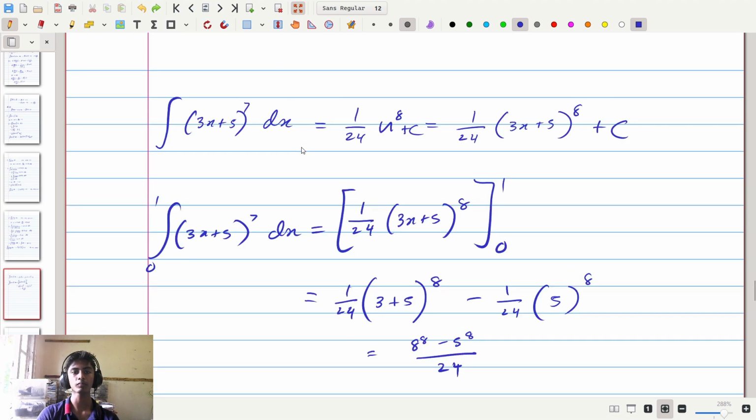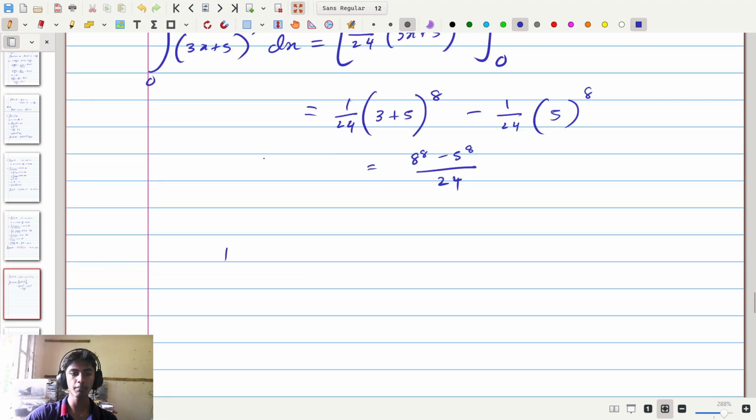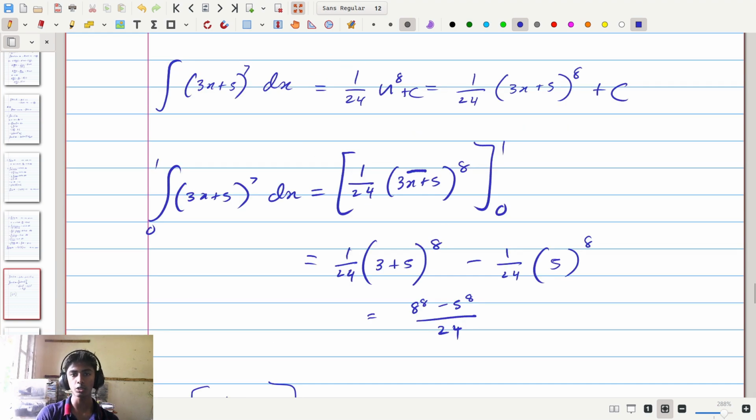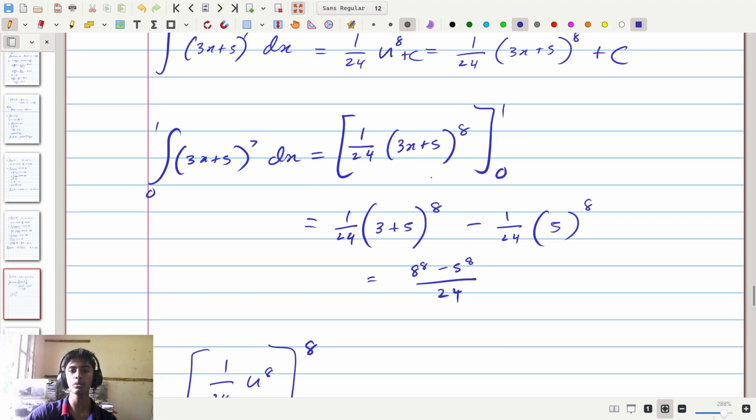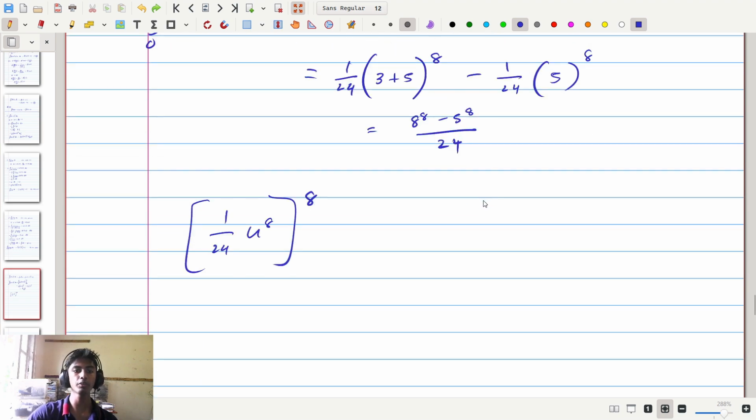What I mean here is that instead of finding the values of x and substituting them into this expression, if instead we took this expression, as in 1 divided by 24 times u to the power of 8 plus c, and we took its limits for the value of u when x is equal to 1, which is going to be 3x plus 5, which is 8, and the lower limit is going to be the value of u when x is equal to 0, which is going to be 3 times 0 plus 5, which is 5, and then we evaluated this instead,